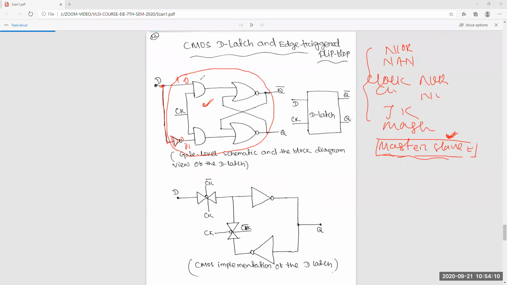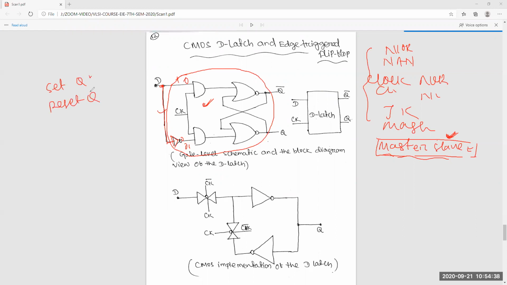Okay, that is a simple solution. So don't go for that JK, master slave, all these things. This is the most efficient solution. Fewer transistors, and you will not get 1, 1 or 0, 0 conditions. So every time you can easily change it, either you want set or reset. Okay, these two things are required, either set Q or reset Q.